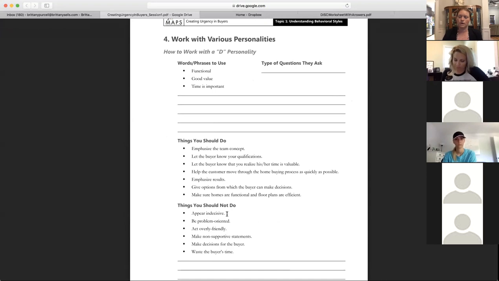We're going to start with a high D. Now, if you are not a high D, you need to be paying attention, okay? Every one of these DISC profiles that is not you, you need to be paying attention to, because it's really easy to bond and to close the people that you already are just like them. It's easy to build rapport with them.